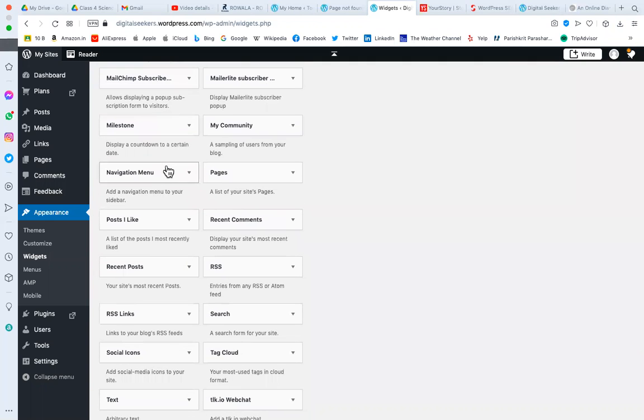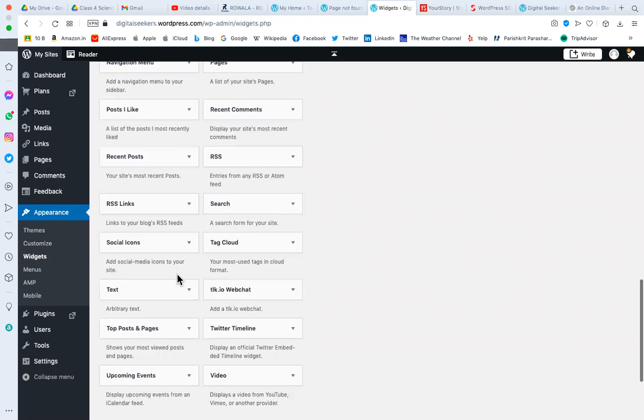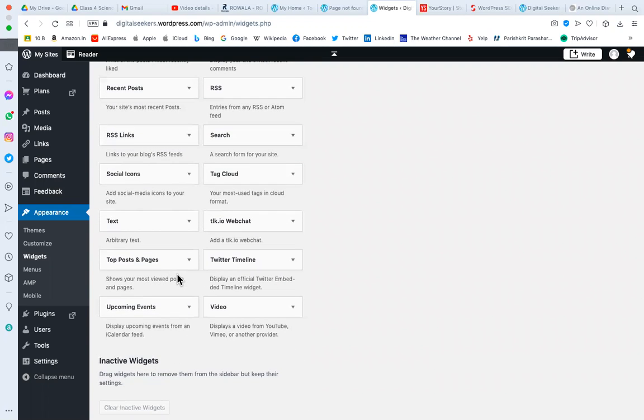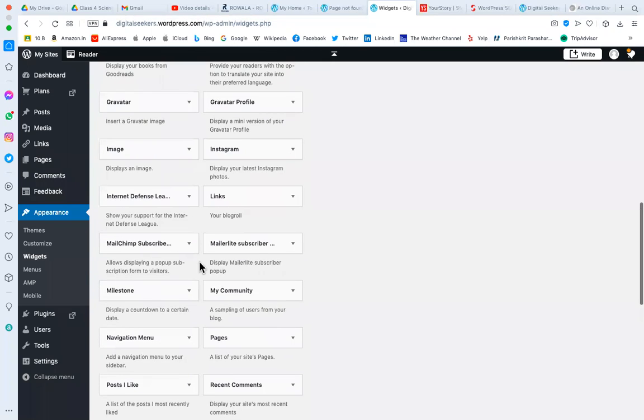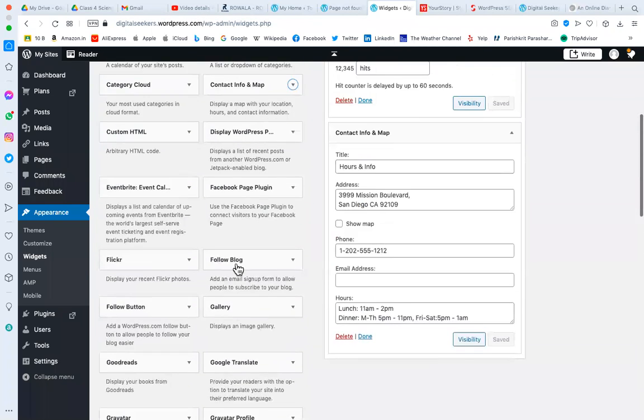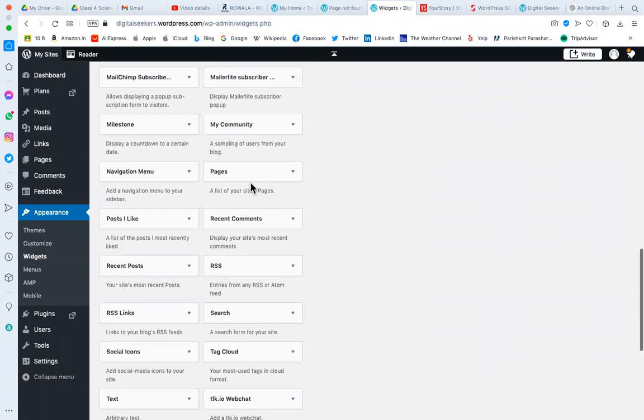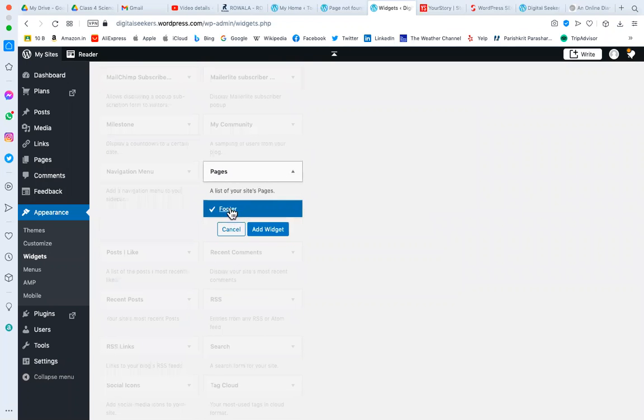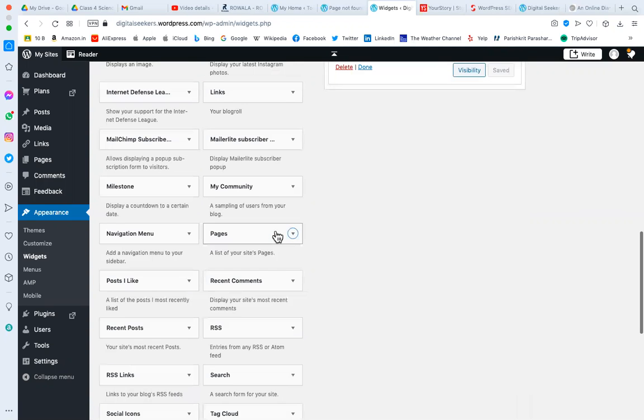So all these are small inbuilt features. You need not worry about coding or anything extra. As you are using WordPress, these features are available to you inbuilt. You just have to select it and show it. Let's suppose I want to show pages, so I can select the pages and add them to the footer. Right now, according to this theme, I have only one place to show the footer. If it is a different theme, you may have 5 places. So you can decide whether you want to show in footer 1, footer 2, footer 3. You can decide the location, and then you can click on add widget, right?